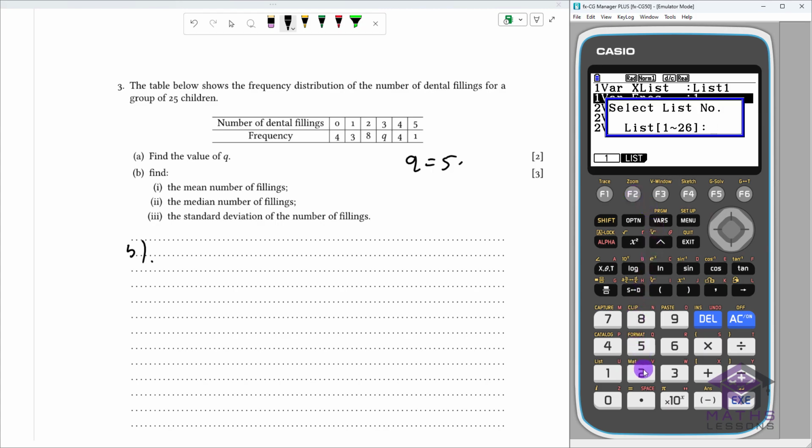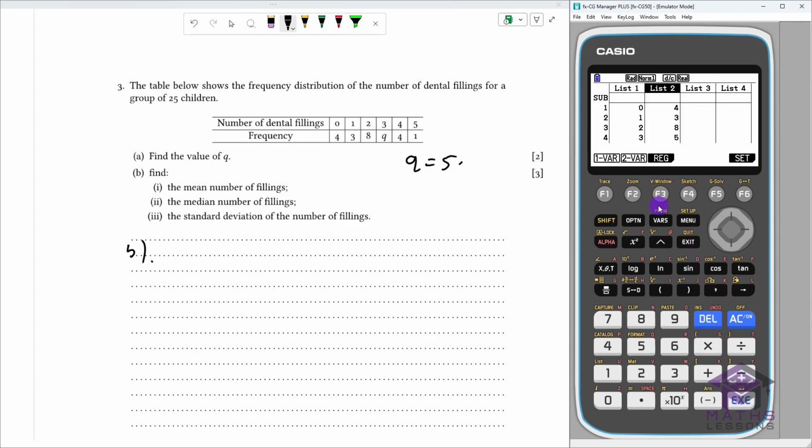We want list number 2 for the frequencies, because I'm putting all the frequencies in list 2. So always check your setup when doing calculations using lists. The 2 variable should never change. You're always doing list 1 for your first variable, list 2 for your second variable, and the frequency is always 1. You always get paired individual cases, but when you've got one variable, you have frequencies, you often put those in list 2. So let's just put that in and go to one variable calculation,